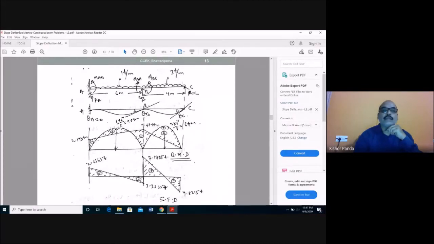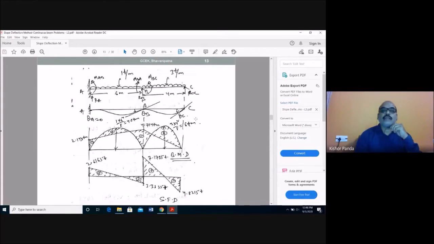So this moment diagram is the negative bending moment diagram. Then, due to the uniformly distributed load on span AB, you have to find out the free bending moment diagram. This is the positive bending moment diagram. Here we have a uniformly distributed load of 1 ton per meter for span 6. So what is the positive bending moment? 1 into 6 square by 8, because when a UDL is present, it is WL square by 8.